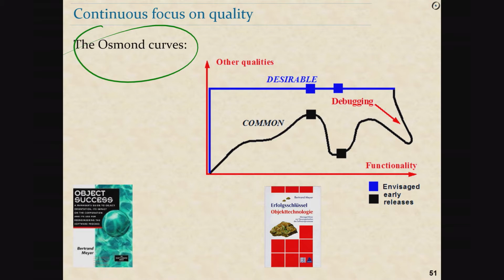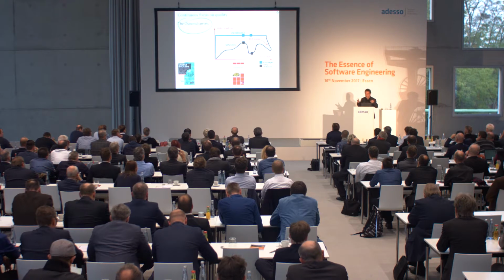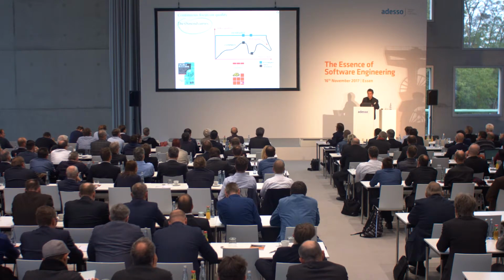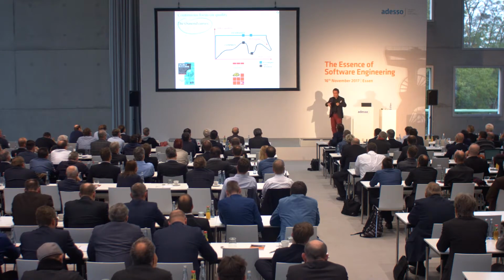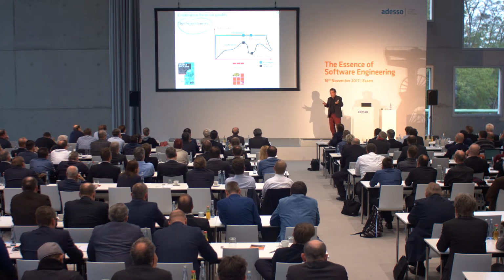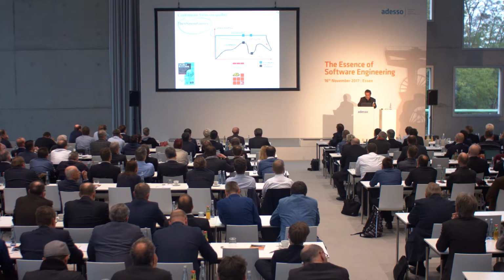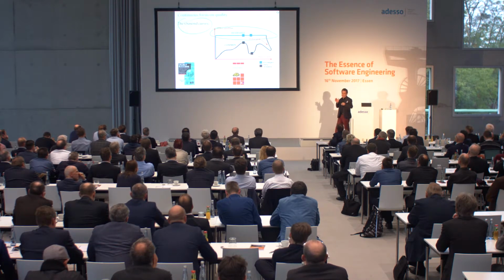So he made a very correct point, a very convincing point to me, which is that most of the time, if you plot software development along the lines of functionality horizontally and the rest, the ilities, as the previous speaker mentioned, the reliability and so on, very often the curve is kind of like the black one, because you try to add functionality and you try to make things not too bad, and then towards the end you have some hiccups. And what's really desirable is the blue line, in which you never sacrifice on quality.